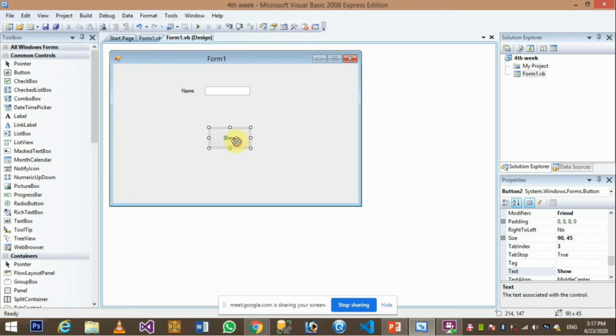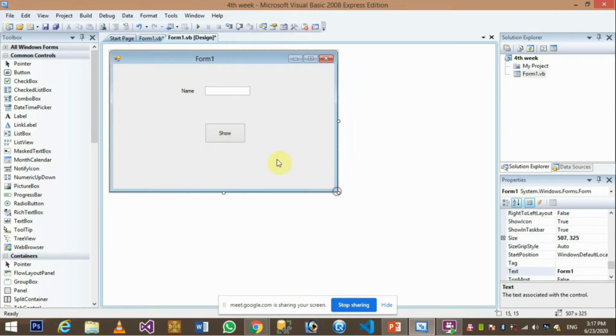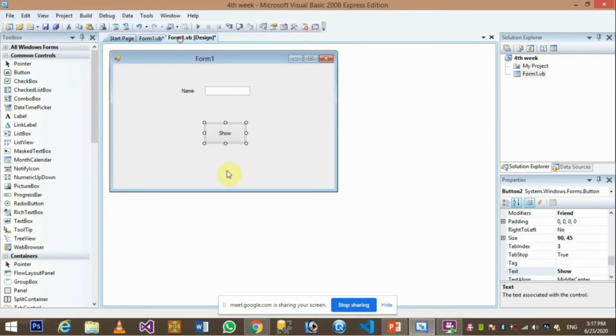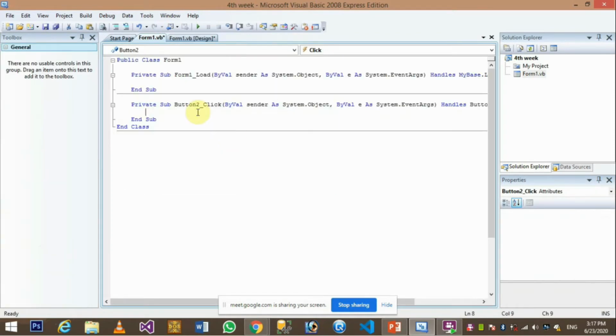So now in order to display it, you know what is available for us to show in the dialog box, that is message box. Double click that, so the event is created now. That's how we create an event, by double clicking a tool, right?